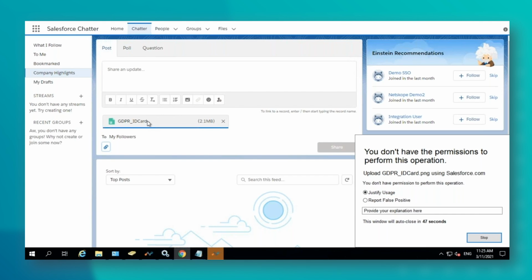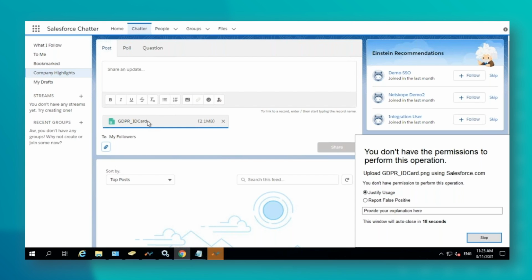I have a fingerprint in place for this to say if there's any personal information that is going to be uploaded to this site. I have it configured for download as well, but we have to get the information into there first for me to download, but I'm not allowed to. So that image has been read by the advanced DLP. Netskope has identified that it is an ID card. It has seen that it's personally identifiable information. And as per my GDPR policy, it is blocking me from doing that upload.